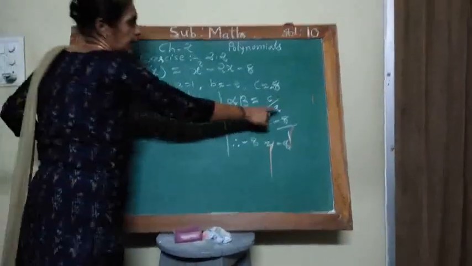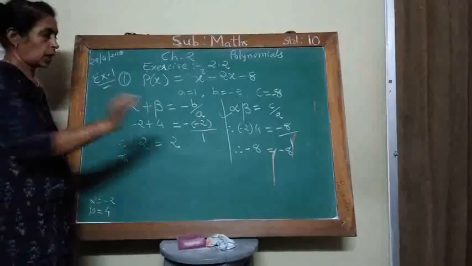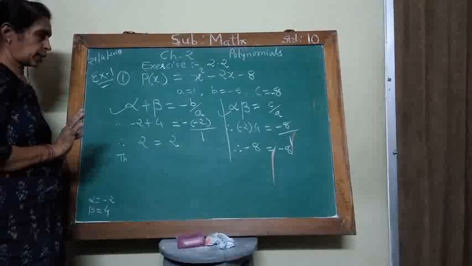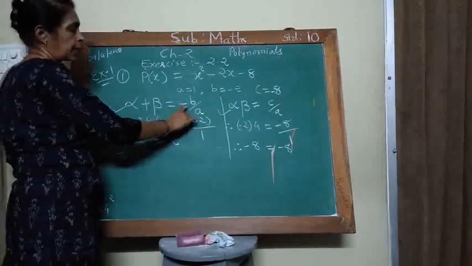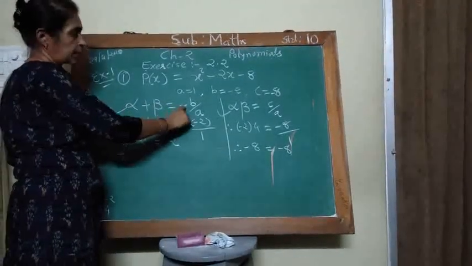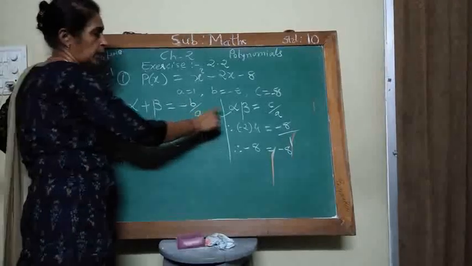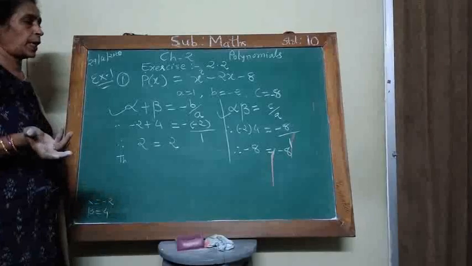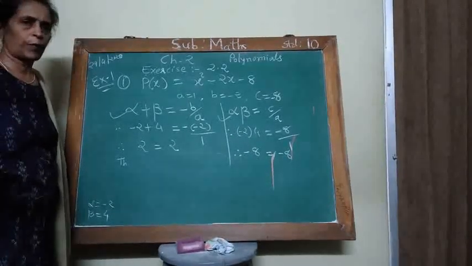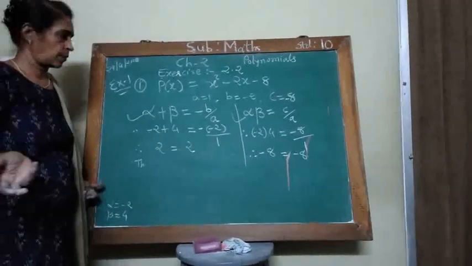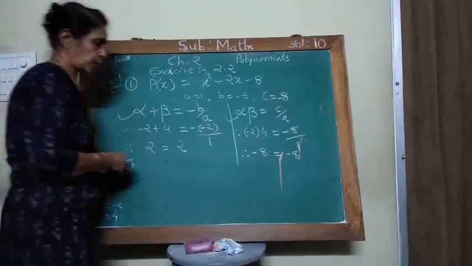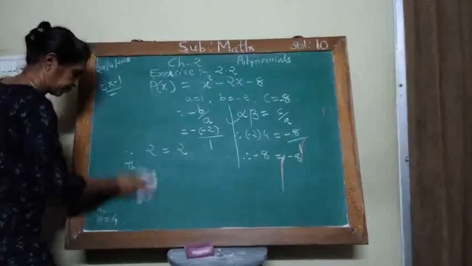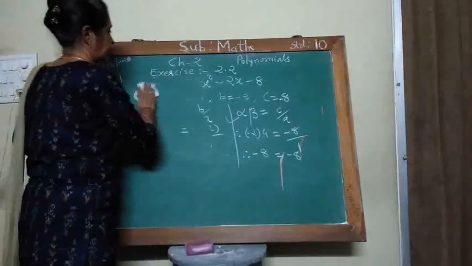See, the denominator of both these formulas is a. And here is a negative sign for the sum, so there is minus b upon a. Here positive c upon a. C may be negative, a, b, c may be positive or negative, they are real numbers. So don't bother about that. And now I take the second sum of the first example.